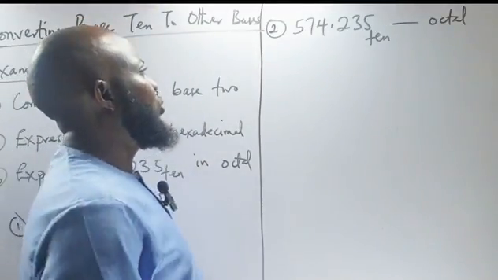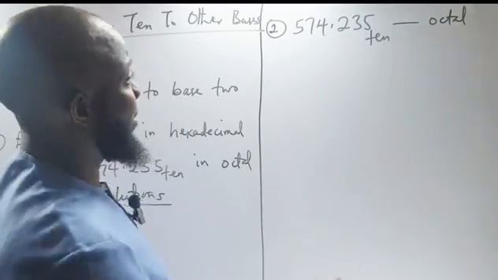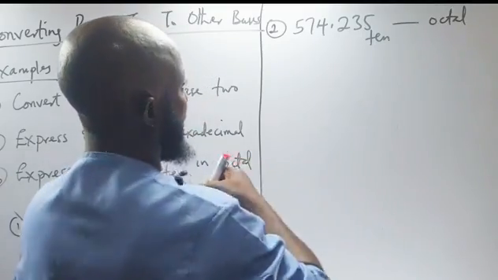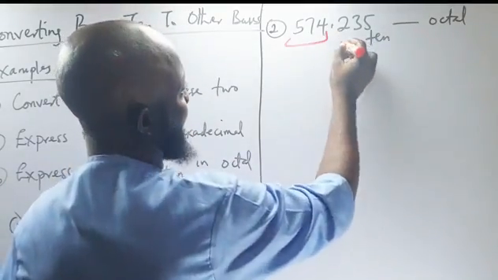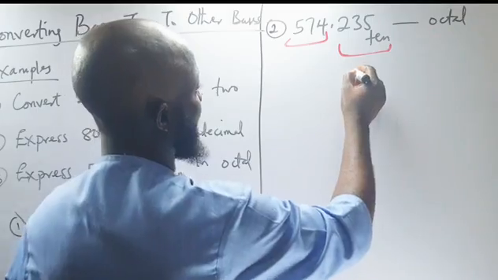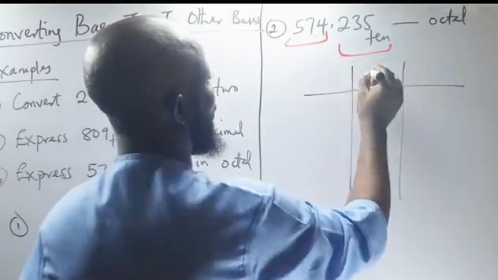So what we are going to do in this case, number 3, is that you can see it has 2 parts. This one has a whole part and a decimal part. We're going to do them separately. So this one we're going to do first. You do it the normal way. You pick the whole part,